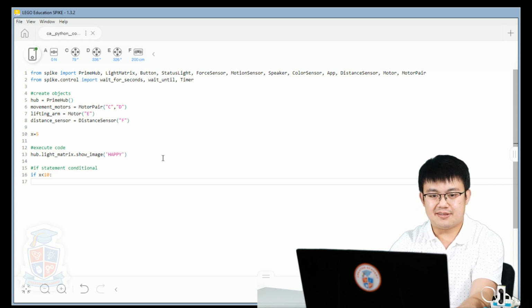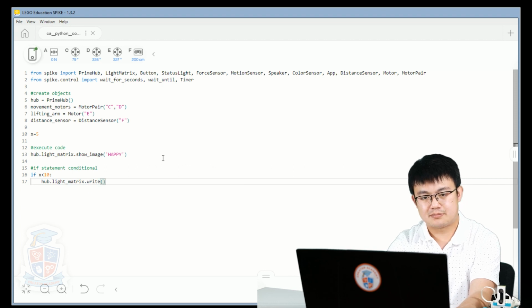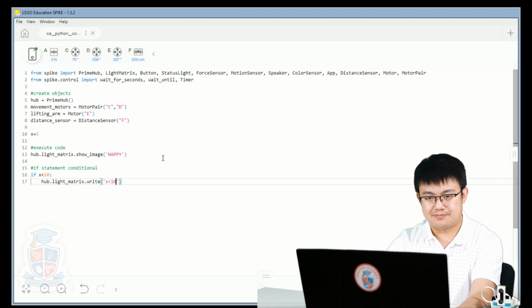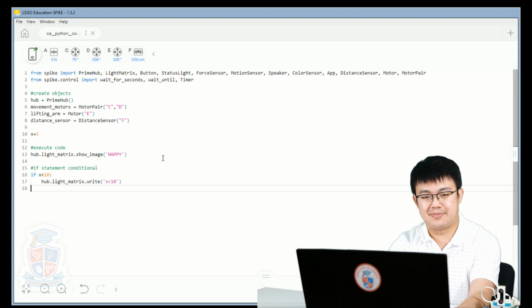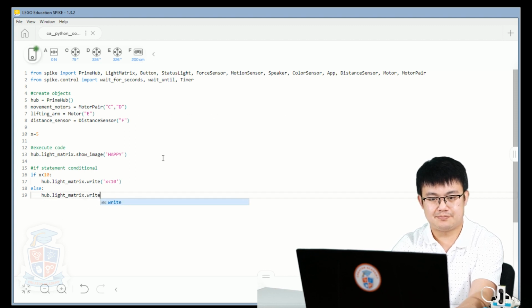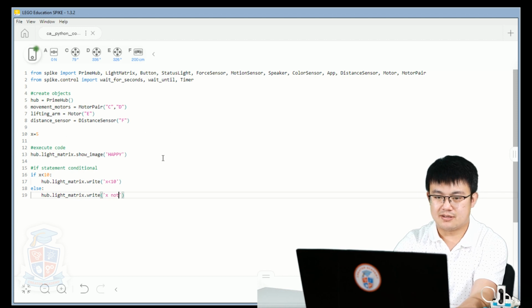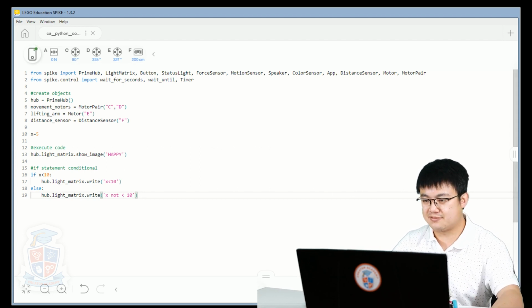If x is less than 10, then we're going to go hub.lightMatrix.write x is less than 10. Else, so you've got to make sure you outdent back into the same level as the if. Else, hub.lightMatrix.write x not less than 10. Okay, so because we set x as 5, then it should print the first item out, which is that x is less than 10. Okay, so if I run the code,